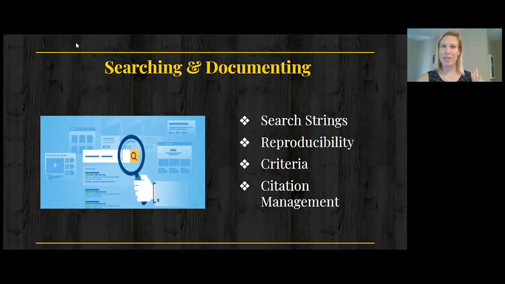The reproducibility aspect is also really important for a systematic review, literature review, review article, that second category we talked about, because again, like any good research, it has to be something that someone else could recreate and prove was quality, that you didn't just come up with those numbers or come up with those articles. And part of reproducibility is creating criteria. Oftentimes we call these inclusion or exclusion criteria. They're kind of 2 sides of the same coin. So if I say, okay, my inclusion criteria is that I only want articles from the last 5 years, my field's really moving and changing, and anything that's older than 5 years maybe isn't as relevant anymore. Then my inclusion would be 5 years. My exclusion would be anything older than 5 years, if that makes sense.